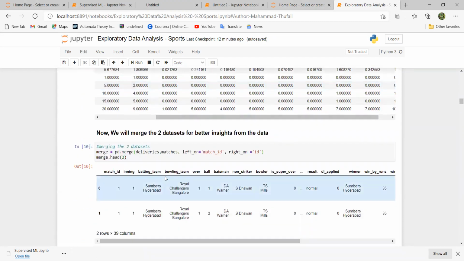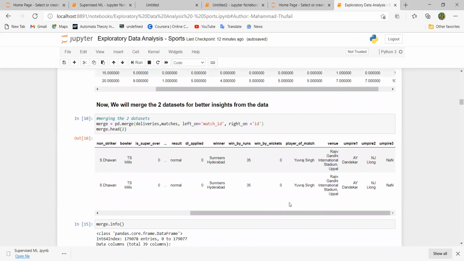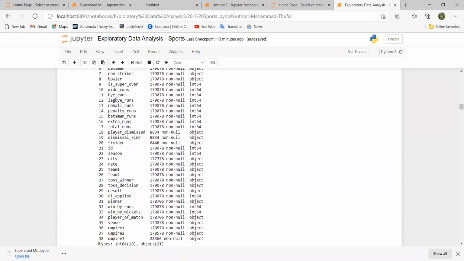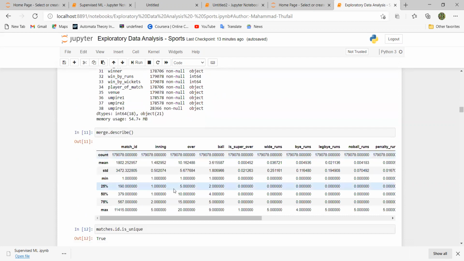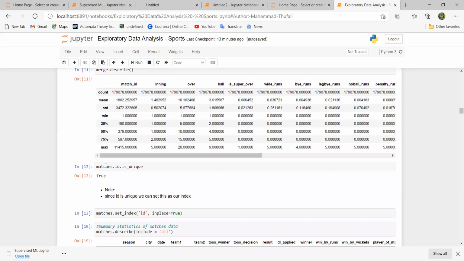Now, for better insight, we will merge data set 1 and data set 2 using the snippet. After merging, we get it like this. So we have even merged the information. After merging, we are describing the data set, which looks like this. We are checking if the ID is unique.